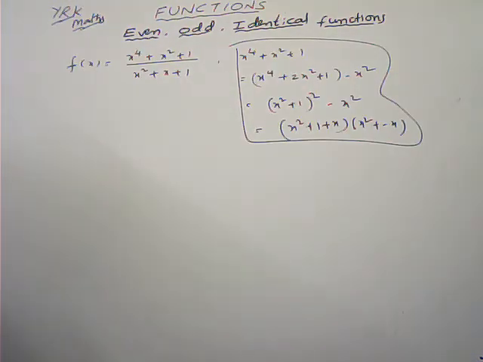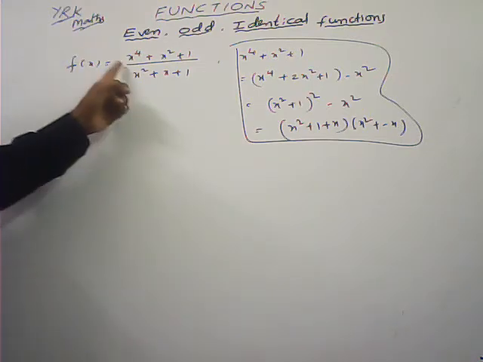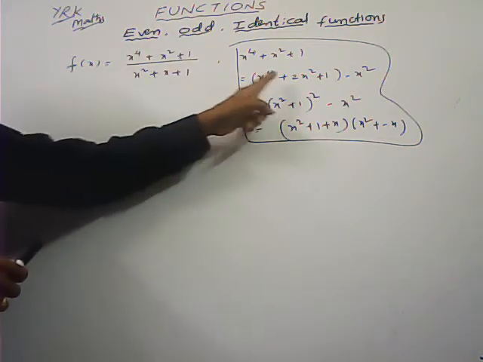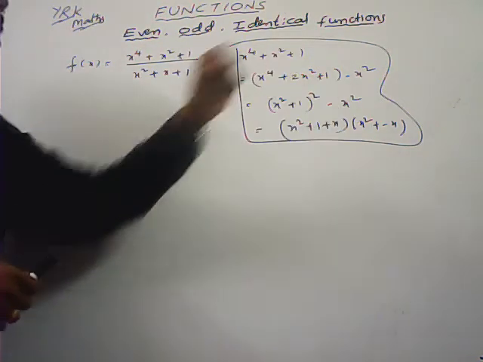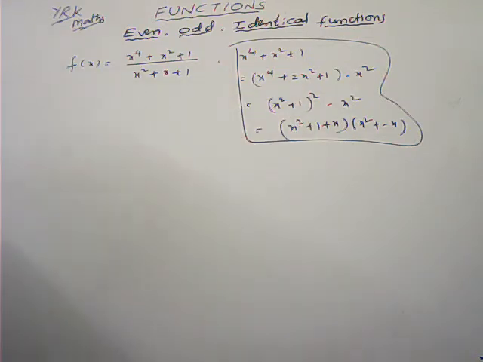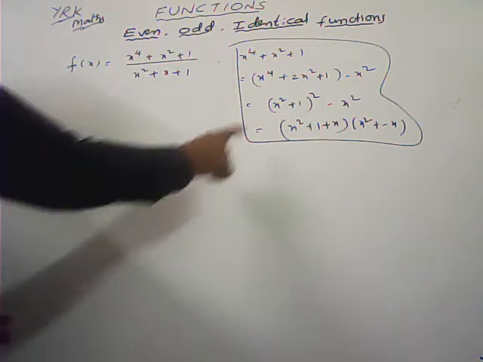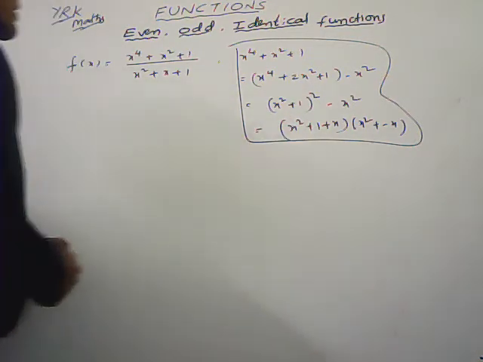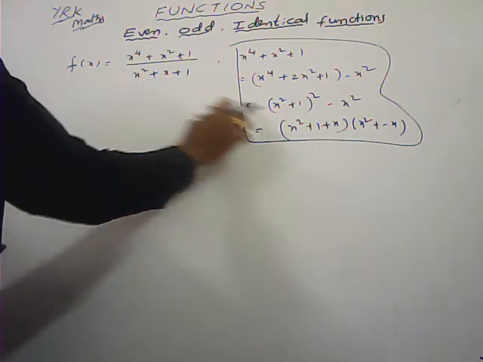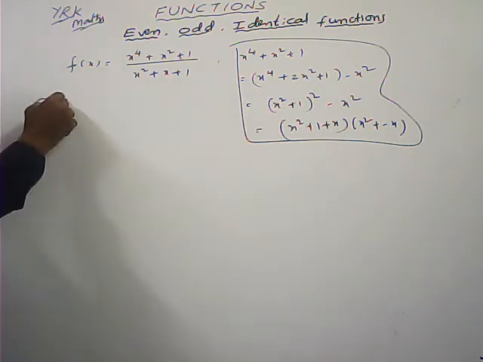Here f of x equals x power 4 plus x square plus 1 by x square plus x plus 1. Here the numerator x power 4 plus x square plus 1, we can factorize that one. Here we can write plus 2x square minus x square. This is completing the square: x square plus 1 whole square minus x square, a square minus b square, a plus b into a minus b. If I substitute that, these two terms get cancelled, and we get f of x equals